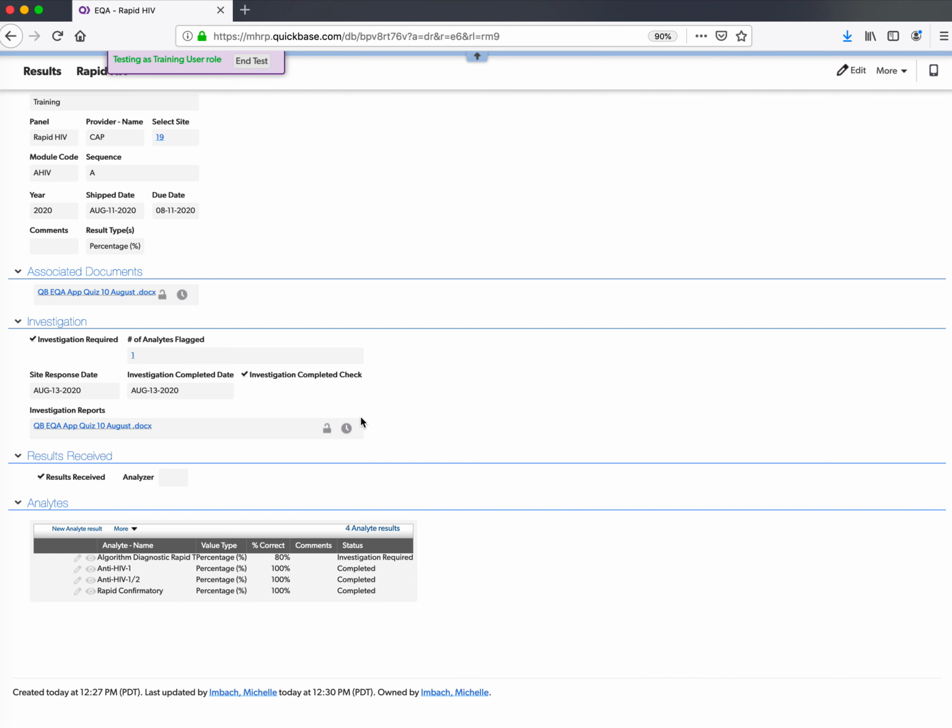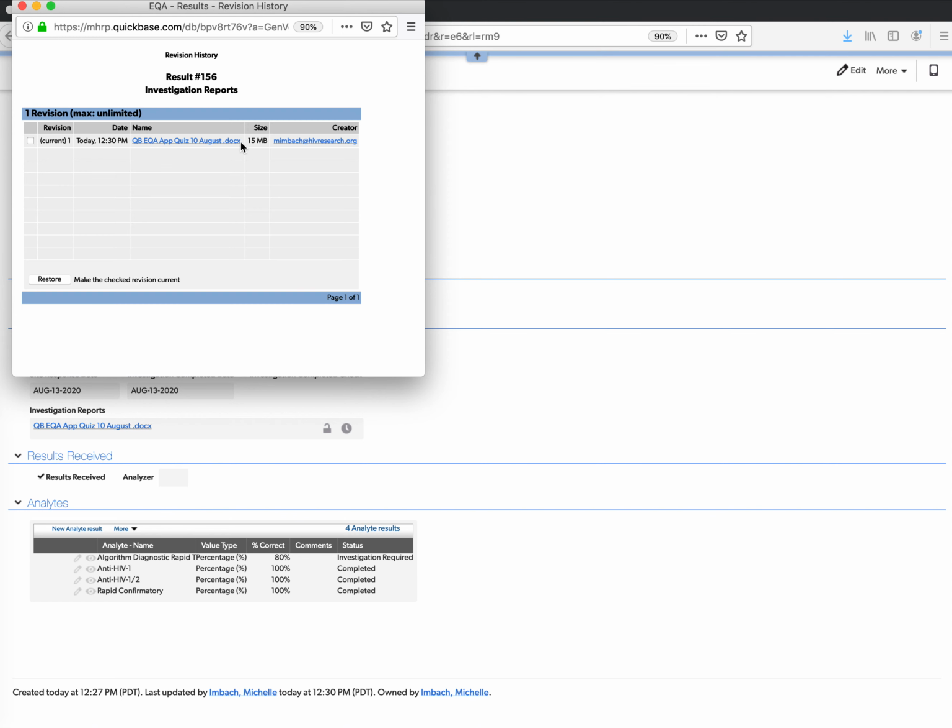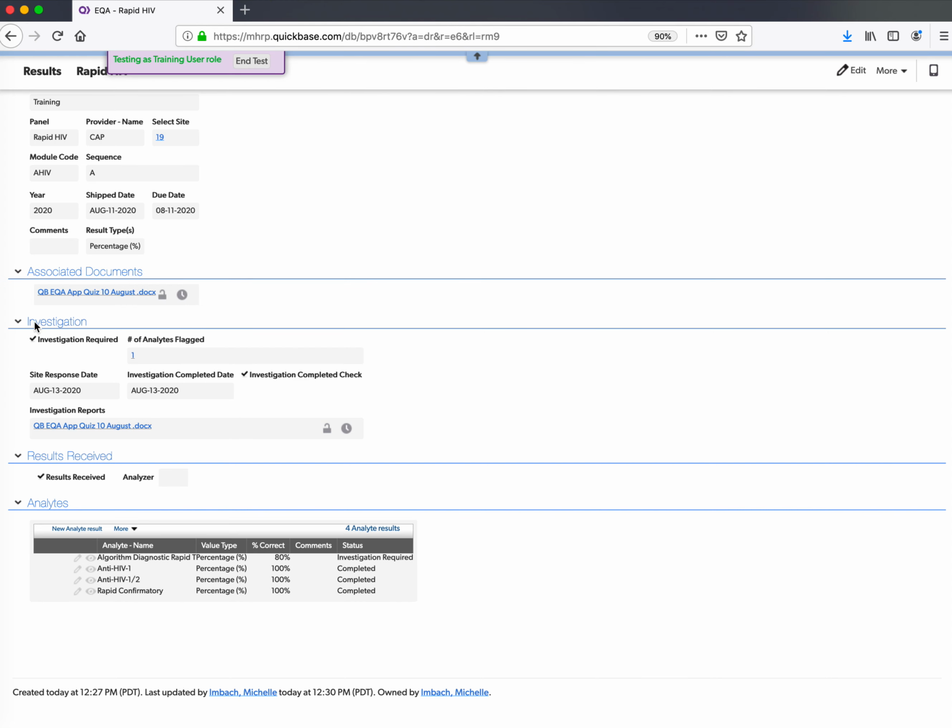One of the things that I want to show here is in this investigation report, you have a clock. This is the version history. I can upload multiple versions of a CAPA or an investigation report, and the most current version will be at the top. So if you want to use this to share with your lab director, say your lab director is